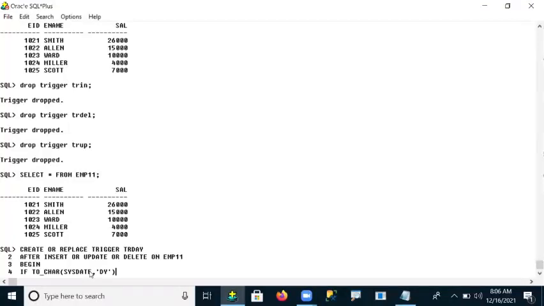If there is any confusion, guys, please go to the functions topic in SQL language, where we discussed predefined functions. Check it once, then you can understand. Now, SYSDATE comma DY. DY is the interval, and the DY interval returns the first three characters of a day spelling.